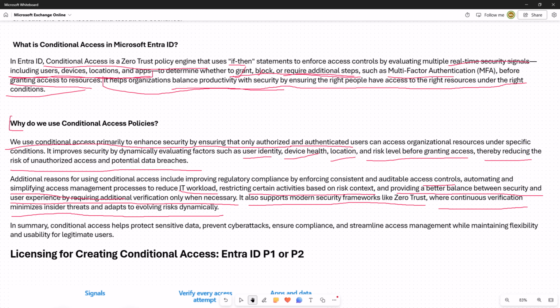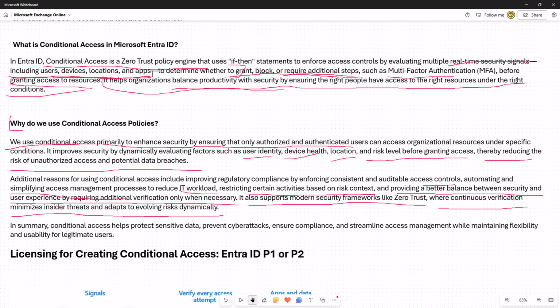It will help in reducing the IT workload, because when any security incident happens, multiple teams collaborate, working day and night to fix it. However, if your security is well planned and well managed, you do not have to work through all this.